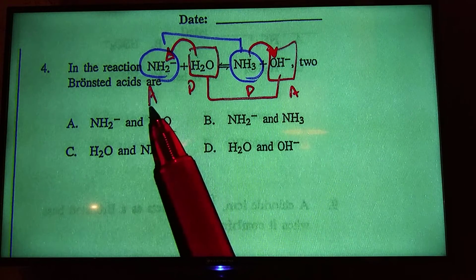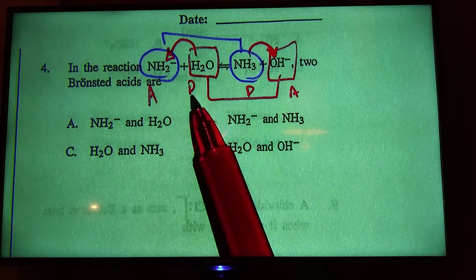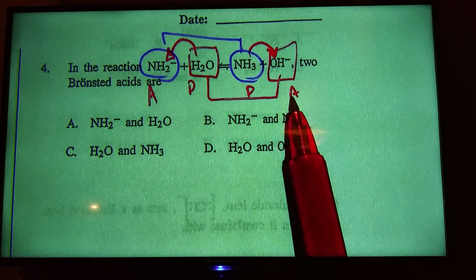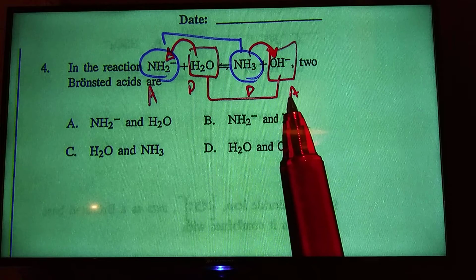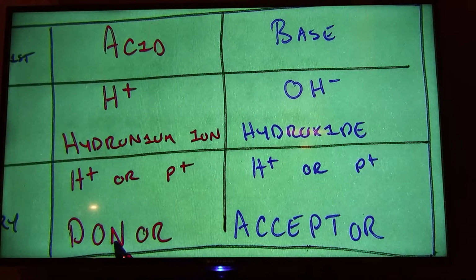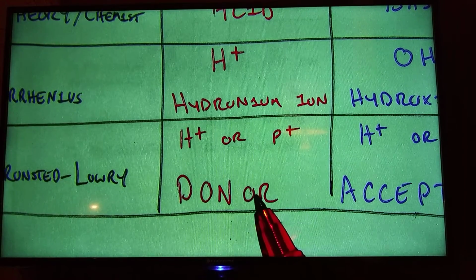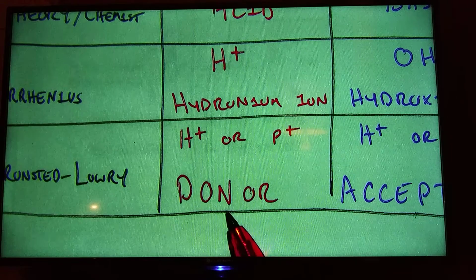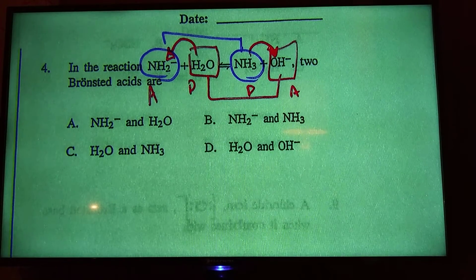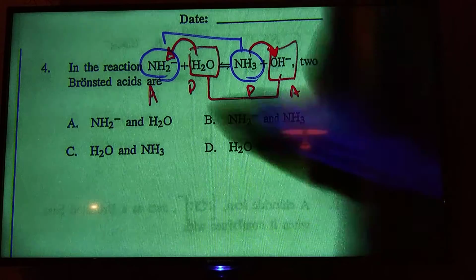We have an acceptor, donates, acceptor. Again, back to the beginning, we said the donors for Bronsted-Lowry are going to be my two acids. So find the ones that donate. So we have H2O